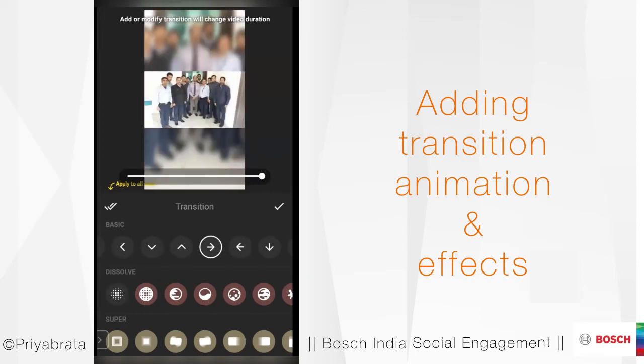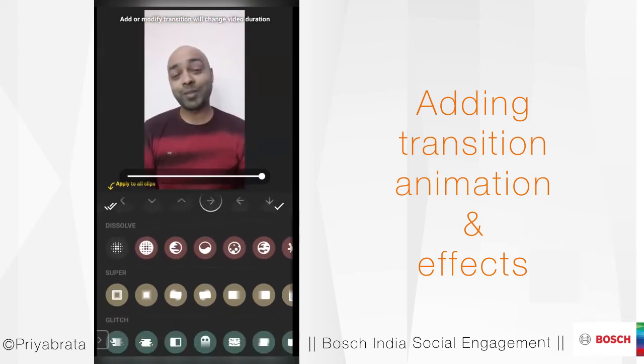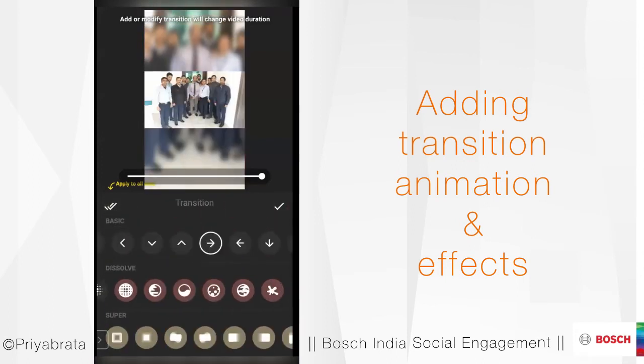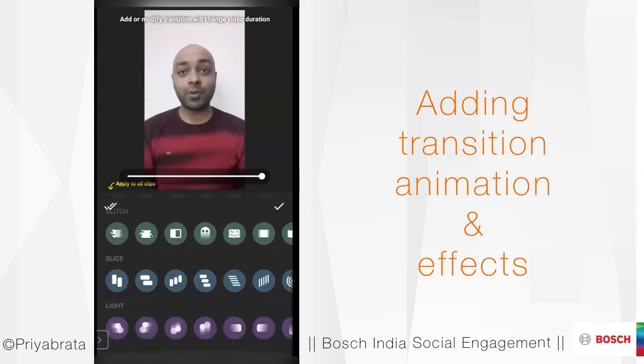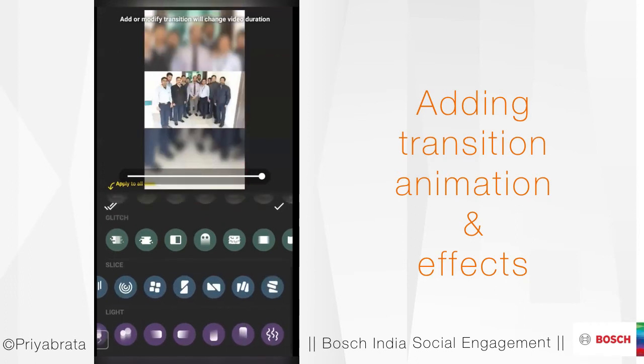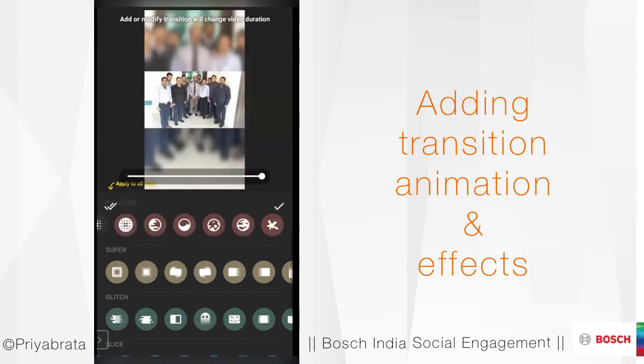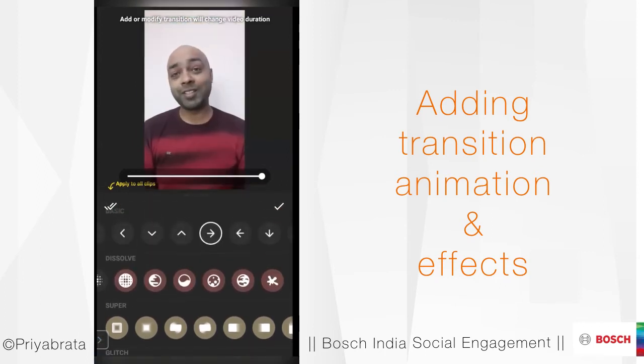And how to make it go away? There are multiple, see how so many transitions there are. So you can play around with different kinds of transitions and see which one works for you.